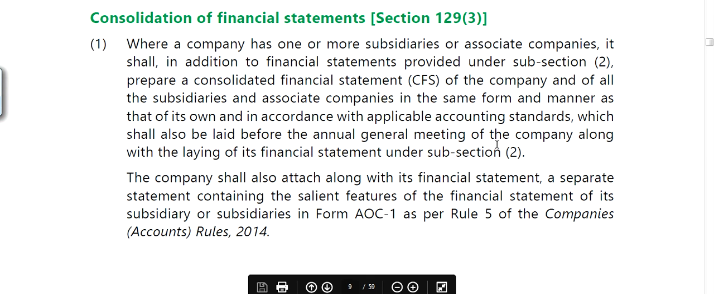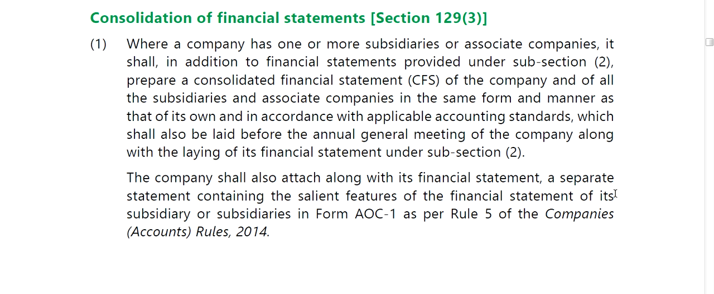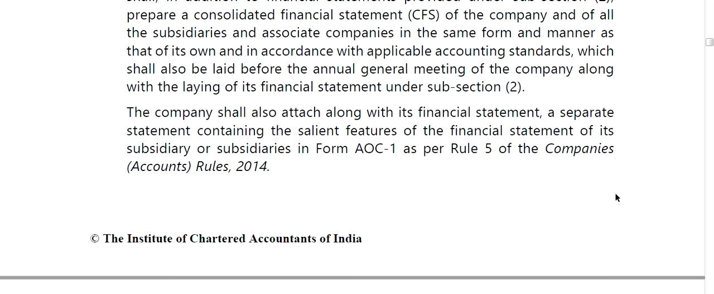Where a company has one or more subsidiaries or associate companies, it shall, in addition to the financial statement provided under subsection 2, prepare a CFS of the company and all subsidiaries and associate companies in the same form and manner as its own and in accordance with the applicable accounting standards, which shall also be laid before the AGM of the company along with the laying of its financial statement under subsection 2. The company shall also attach along with the financial statement a separate statement containing salient features of the financial statement of its subsidiary or subsidiaries in form AOC 1 as per Rule 5,